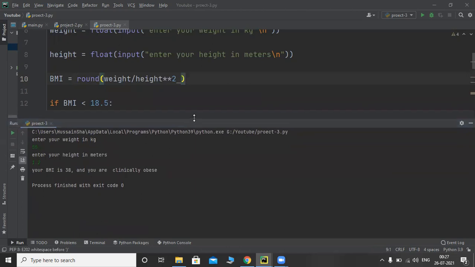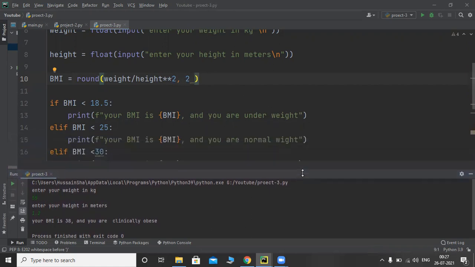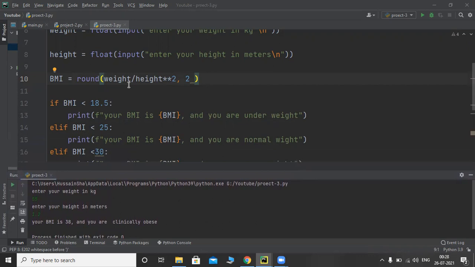So it is rounding to an integer value, not with decimal points. If you want decimal places, pass another argument like 2, or 3, 4, 1, your wish. So remember that the round function takes 2 arguments: one is the value, and one is how many places you want to round after the decimal point.